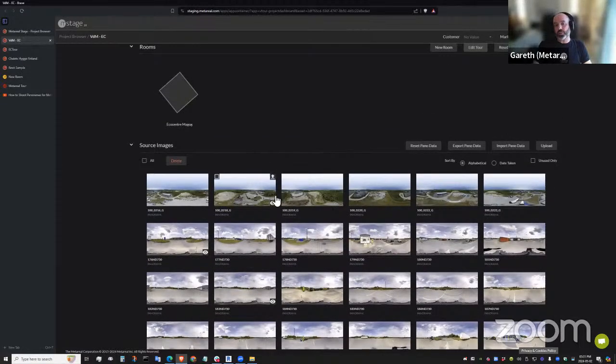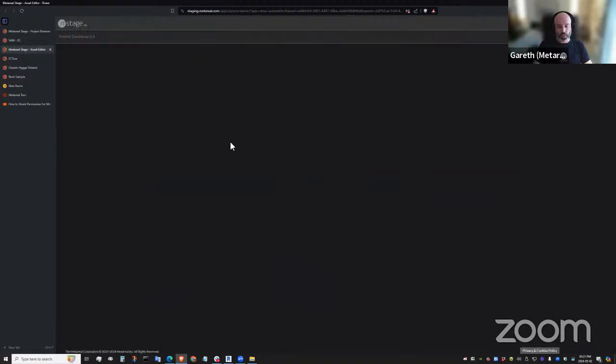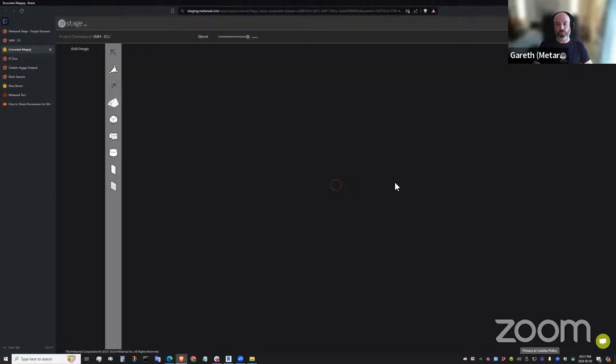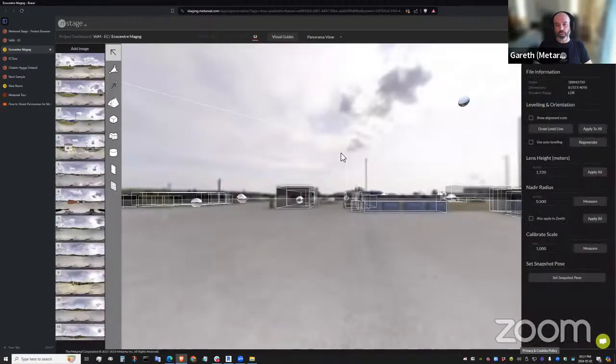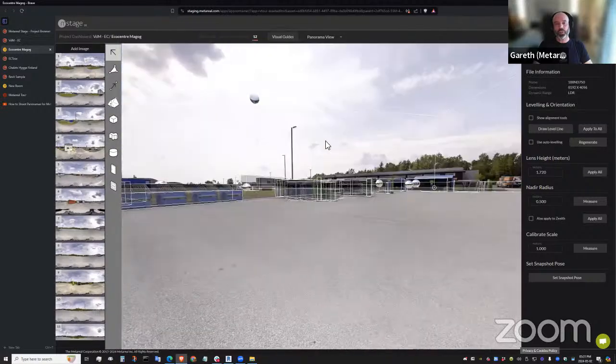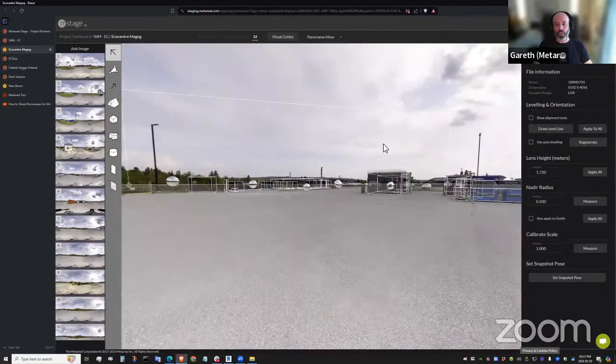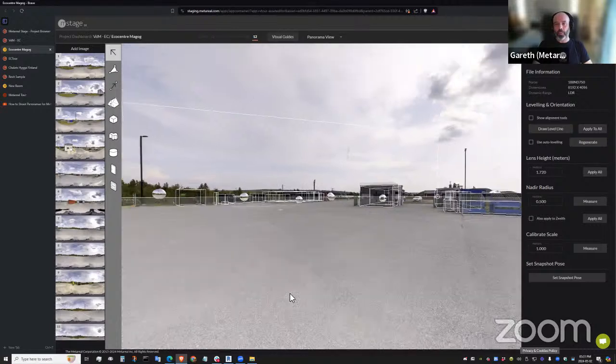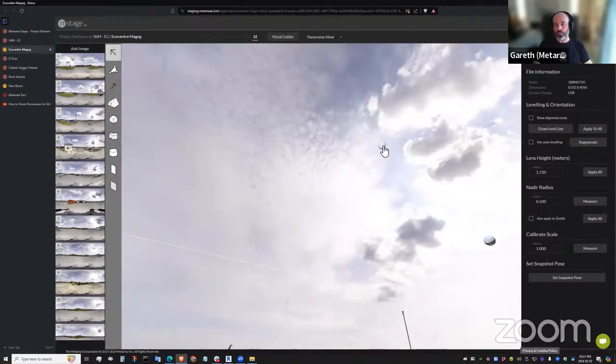In this case, it's one outdoor space, so we have one room. And if I go into the tour editor, it doesn't look as pretty as in the room editor, sorry. We can see what the space looks like with all the 3D elements. And again, you can see it's very simple. There's not lots and lots of scan data. There's a few cubes denoting the objects. And we have our aerial panoramas.